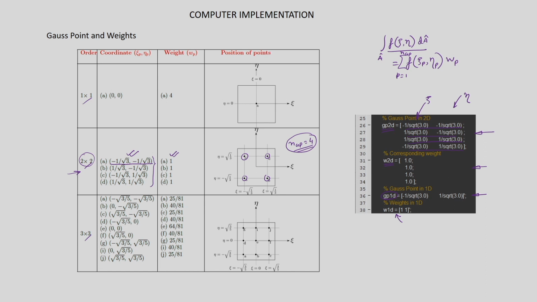Alright. If you want to increase the number of points, say I want to use 3 Gauss points in the xi direction and 3 Gauss points in the eta direction, there will be a total NGP equal to 9. So, there will be 9 Gauss points. We have to evaluate the integrand at these 9 Gauss points, of which the coordinates are given, multiply with the corresponding weight, and then sum it over all the Gauss points. That is how we will be implementing the Gauss quadrature rule.